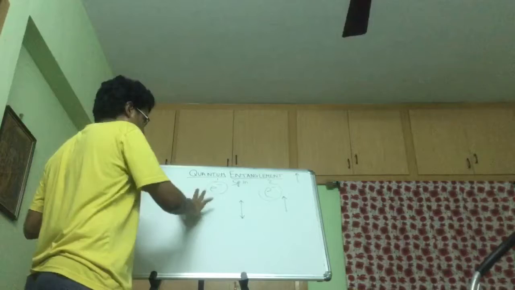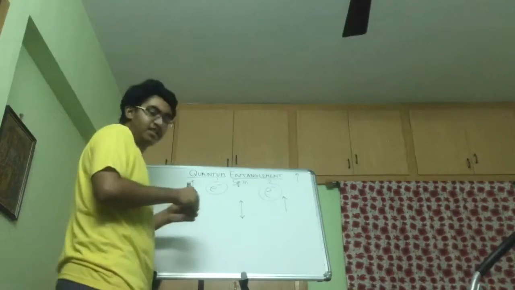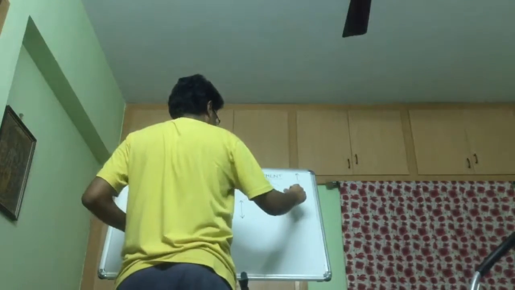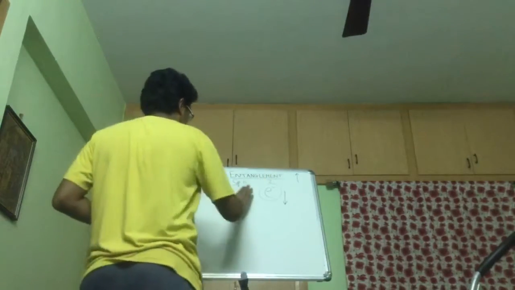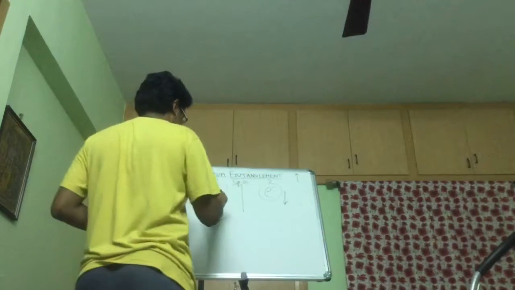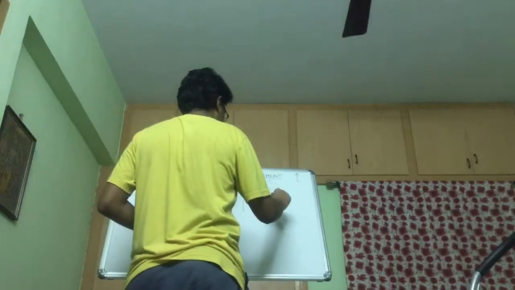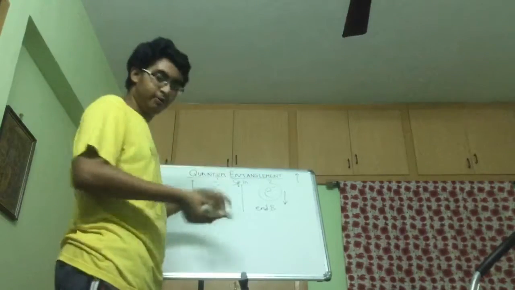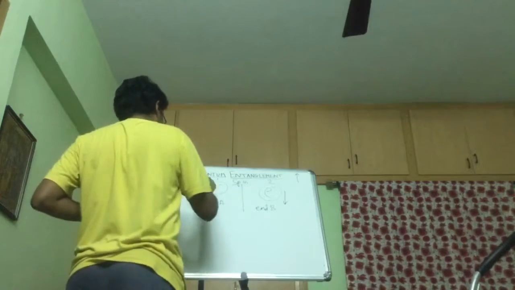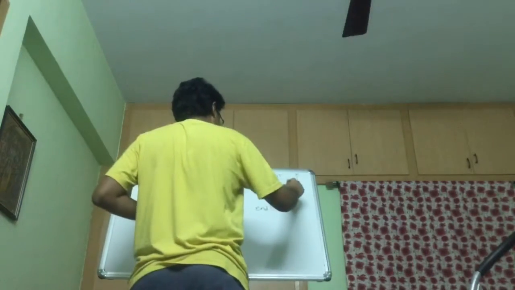Because if I were to change the spin of particle 1 to up, instantly, the spin of particle 2 reverses and becomes down. So now, even if I were to separate them to opposite ends of the universe, so this is, let me say, end A and this is end B. Even if I were to do that, and again I reverse this, now I make this one down, this one again reverses and becomes up